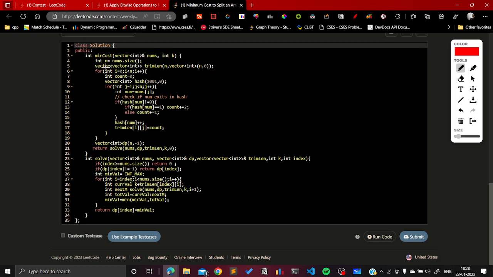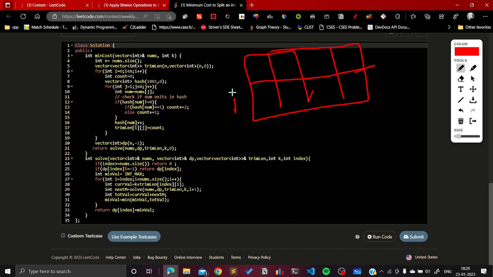So what I did, I calculated for every... I made a 2D grid, and if this is I and this is J, so for every,